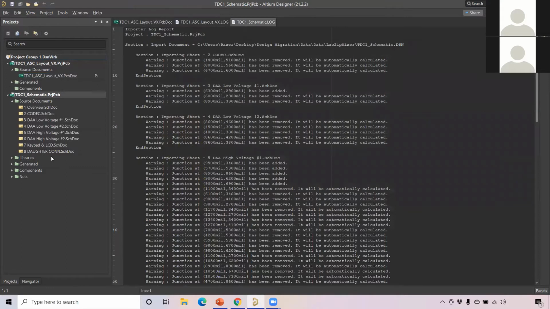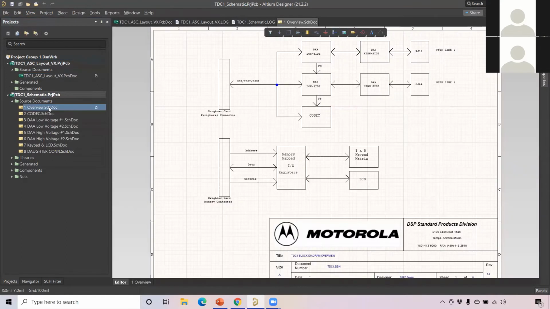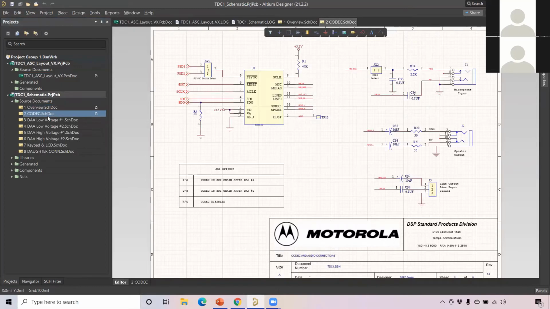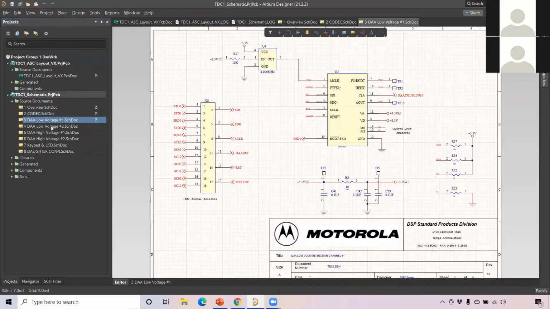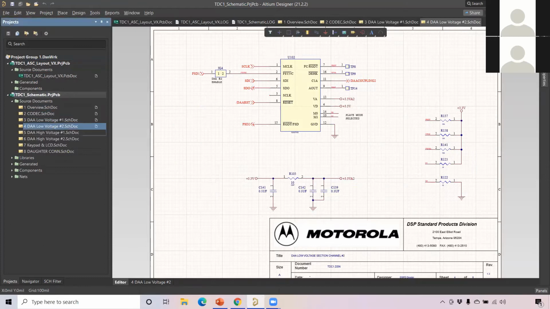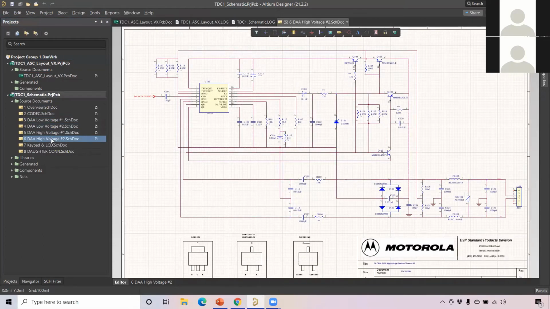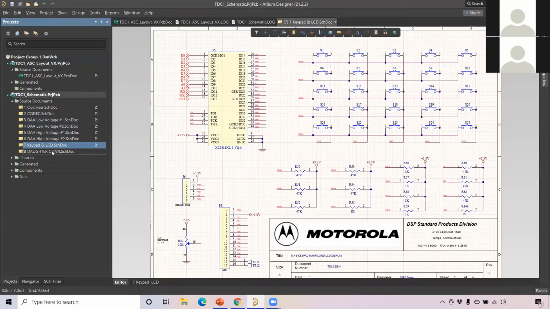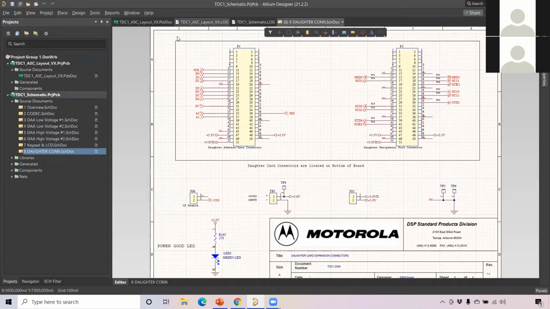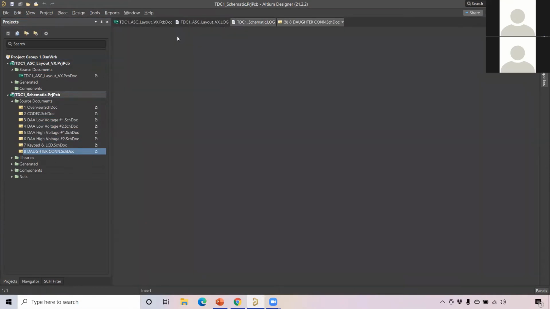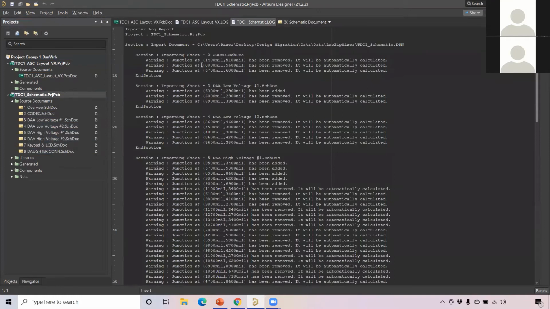Once I finish it off, let me first see the schematic sheets, what all the schematic sheets have been loaded. I'm just opening to check whether all the sheets have been loaded or not. I have two sheets here. One is the schematic log sheet.